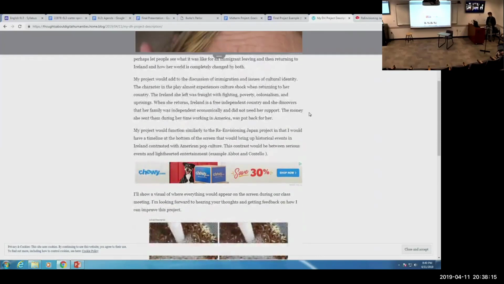So my project would function similarly to the Re-envisioning Japan project. And I'll show you that here in a minute, in that I would have a timeline at the bottom of the screen that would bring up historical events in Ireland and contrasting them with American pop culture. And this contrast would be between serious events and lighthearted entertainment, for example, like Abbott and Costello. And the reason why is because the main character, when she's confronted with these serious issues of family and Irish